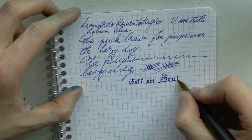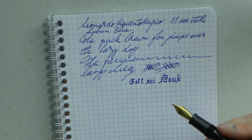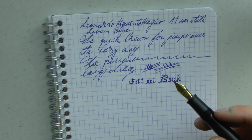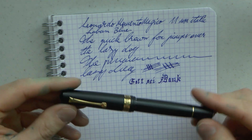I like everything that I've mentioned before. There's the ink window, there is the piston. It has a lot going for it, and that's why I love it so much. So there you have it. My love affair with the